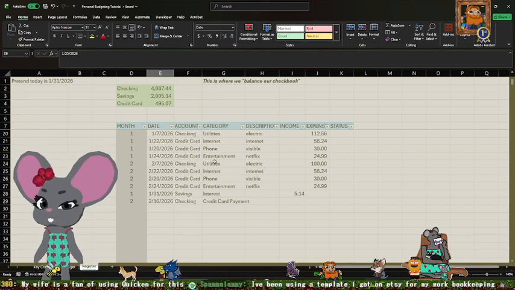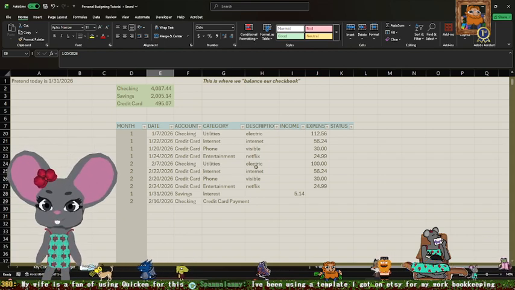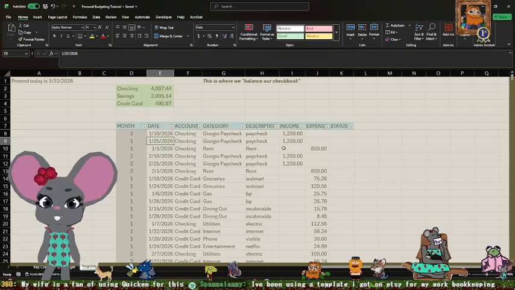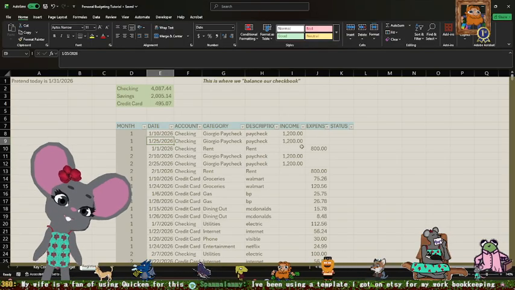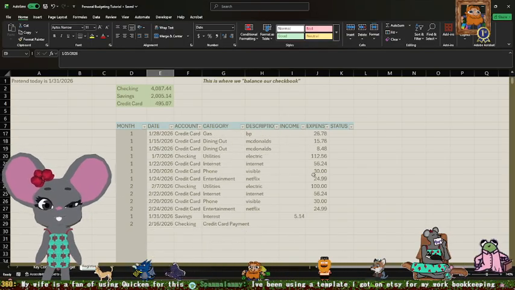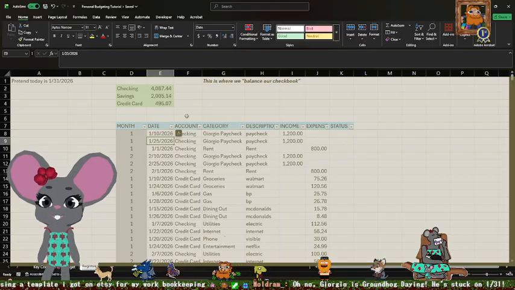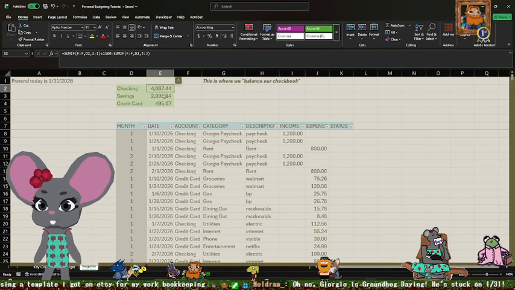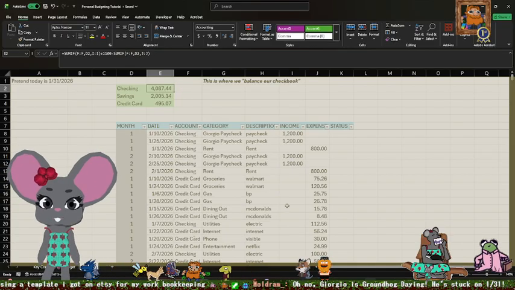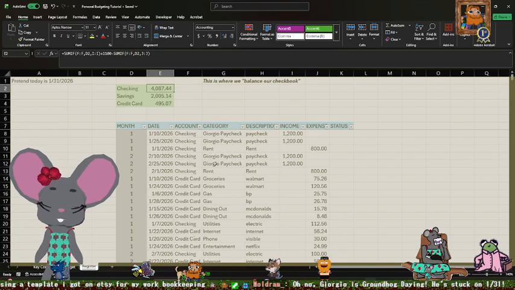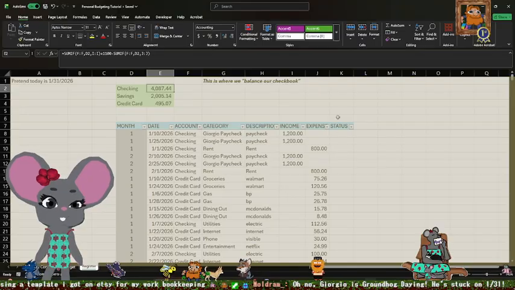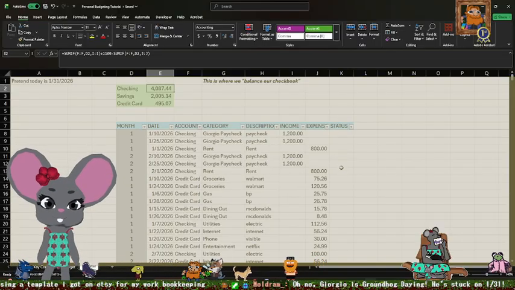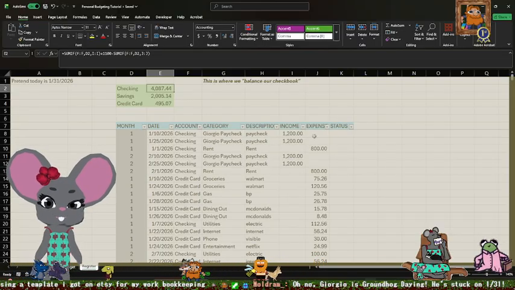That's interesting. Obviously, some of these transactions already happened. Some of them have not happened yet. And the formula we built is accounting for all the transactions that we put in here. It's summing all of it, which is not accurate. That's where the status column comes into play. We're gonna mark some of these with a status.